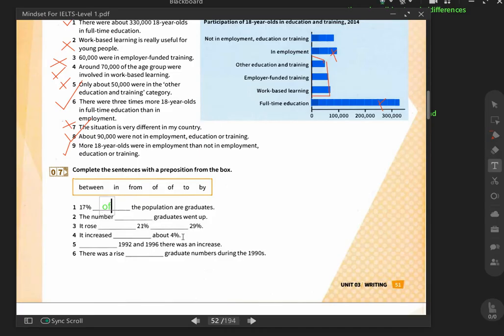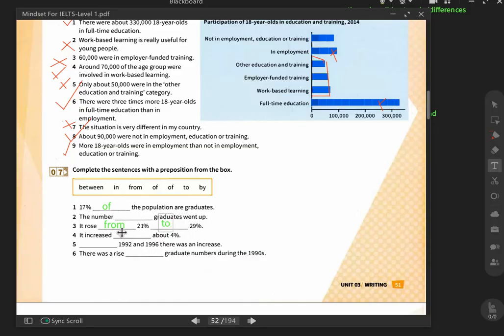Yes, are graduates. 2, the number of graduates went up. Of course, of course. It rose. It rose from 21% to 29%. Very good. It increased